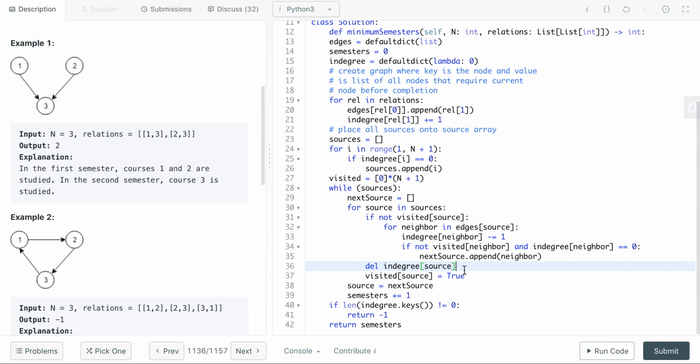it's a new source, and then we delete the source from in degree because we're done, and we make sure that we show we visited by marking it with true. And then we change source equal to, no, it should be sources. So that was a typo that would have cost us. Make it equal to next source,